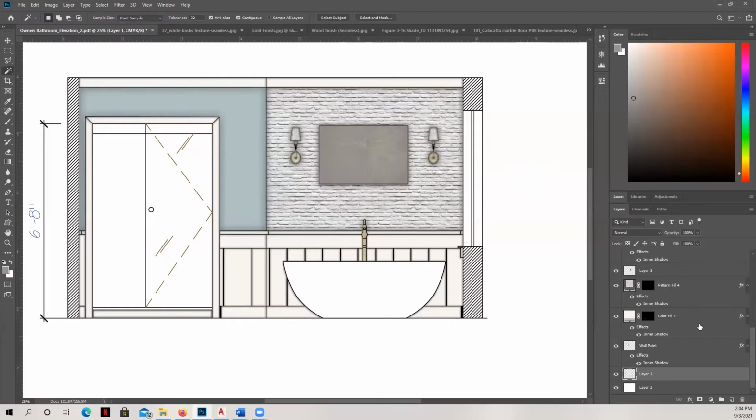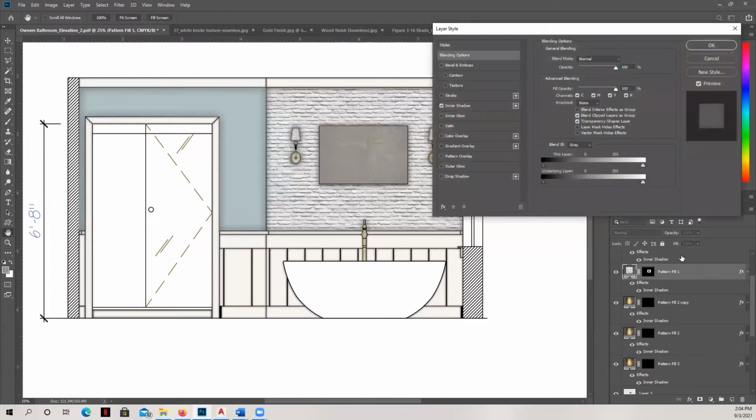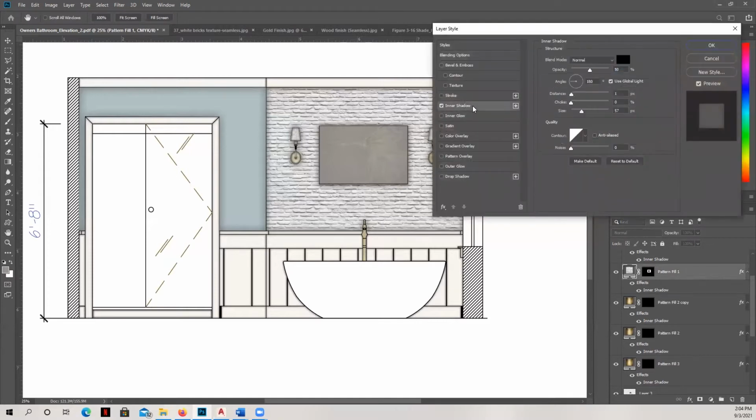And then once I have the pattern added, all I do is just go ahead and make sure that we have an inner shadow selected. Now, what you might notice is that there is a variation in how much shadow is applied to certain areas. There's a smaller inner shadow. For example, the size here is adjusted. It's smaller in areas in which the actual area is smaller because we don't want the shadow to take up too much of the space.